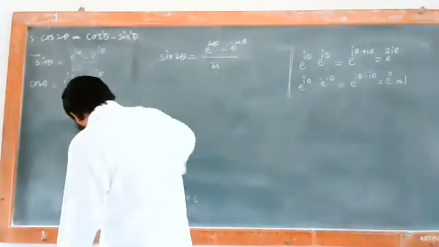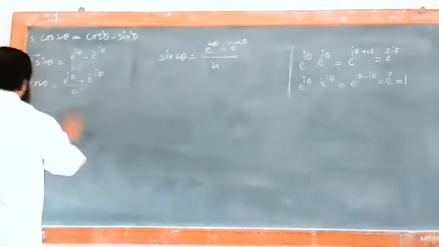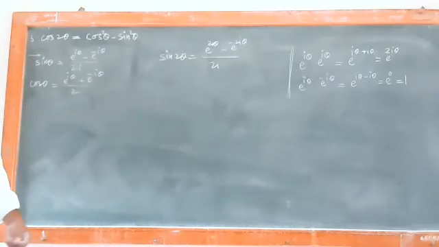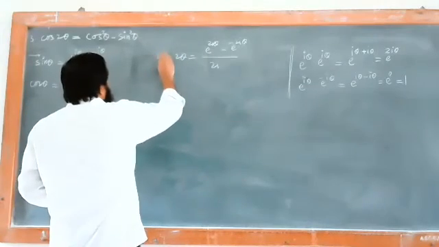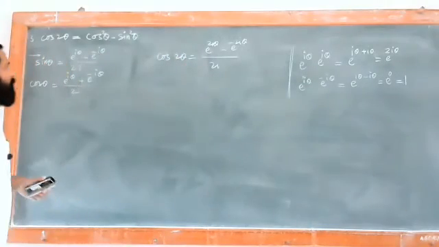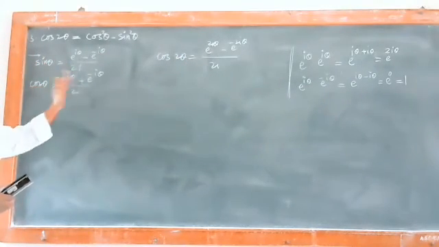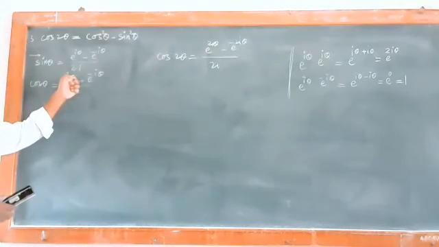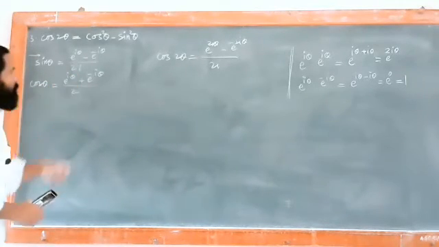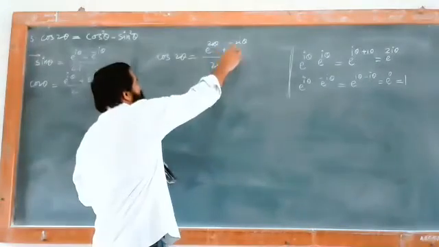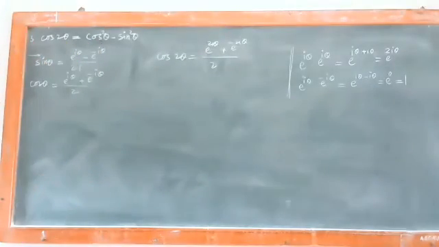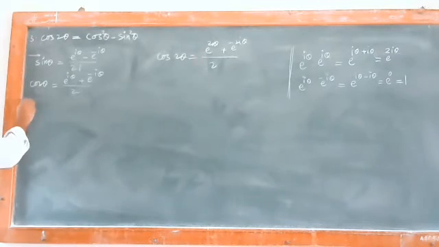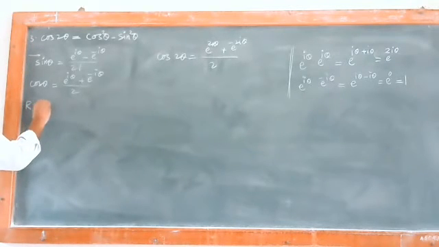So what we have to show is cos of 2 theta. Now sin theta is known, cos theta is known. What is cos of 2 theta now? Earlier we found sin 2 theta, now cos of 2 theta. Replace theta with 2 theta. So e raised to twice I theta plus e raised to minus twice I theta divided by 2. So that is nothing but cos of 2 theta. So again take your RHS.